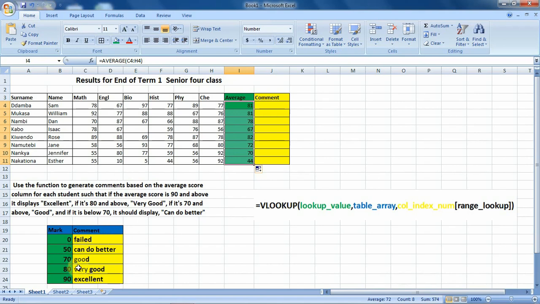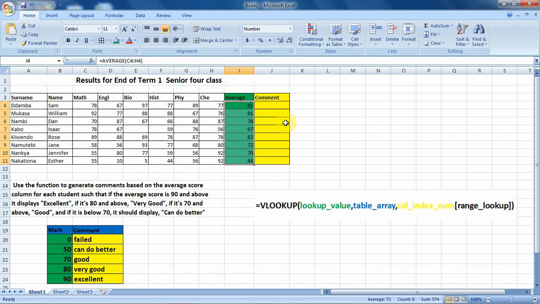The corresponding values we need are these comments. So after using VLOOKUP to search in this table array, we expect the corresponding values, which are the comments, to be inserted under this column for comments.